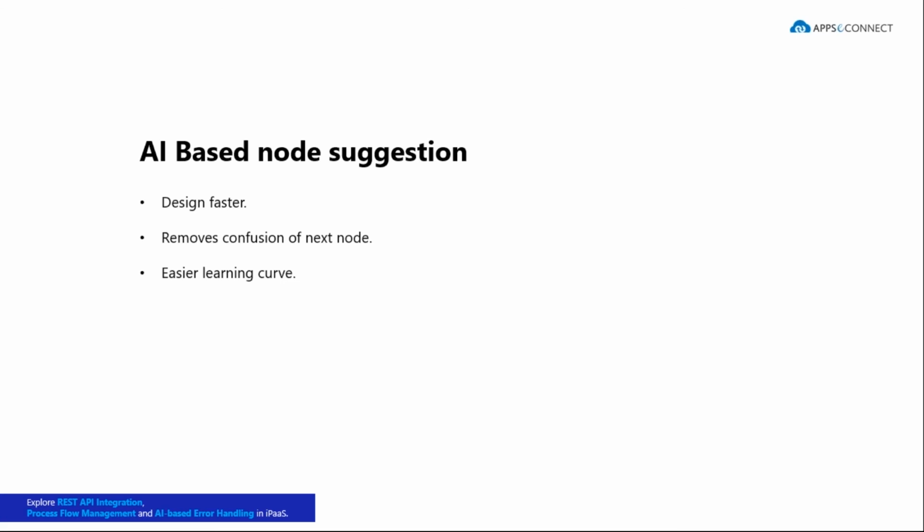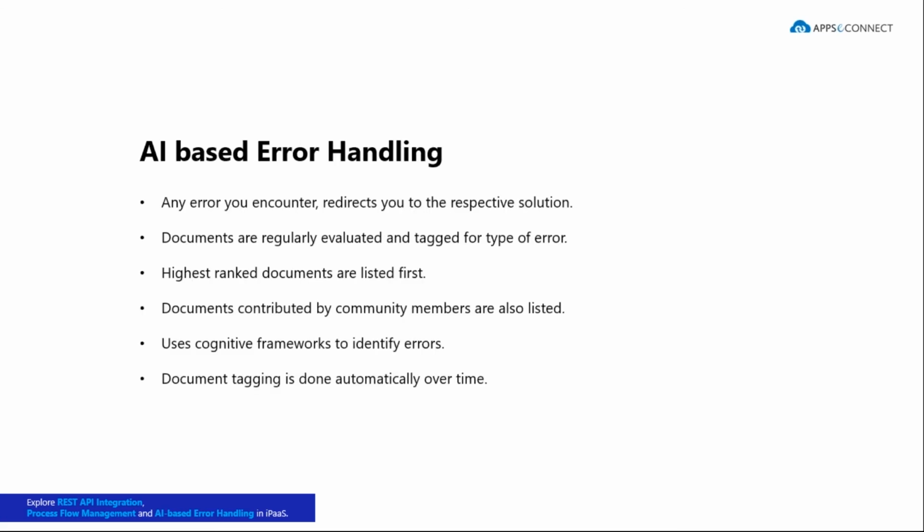So it helps you to save time immensely, and also requires less learning curve, because our solution actually provides you what next you have to do, so that if you pick up an application, the next thing you might want to do is either select a splitter to split that data, or you can